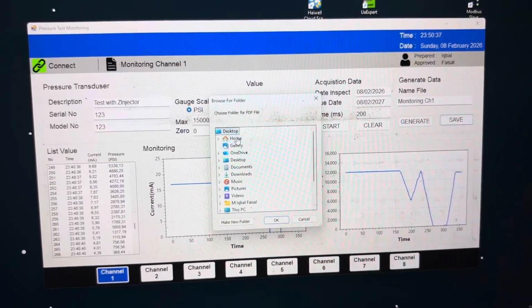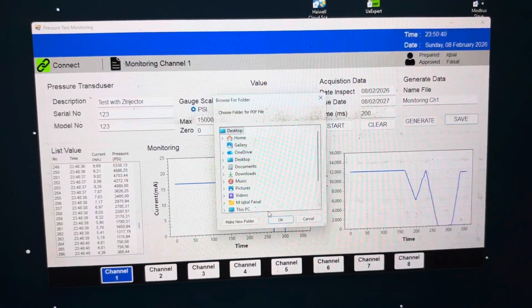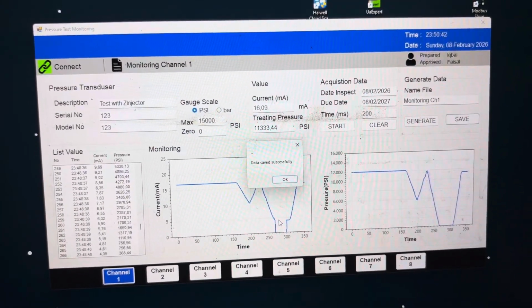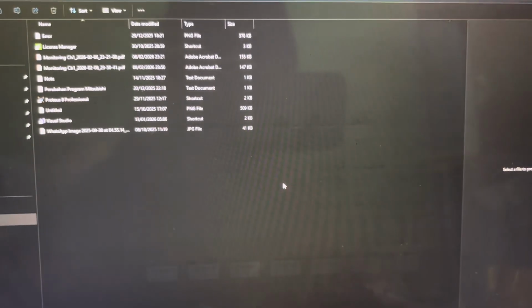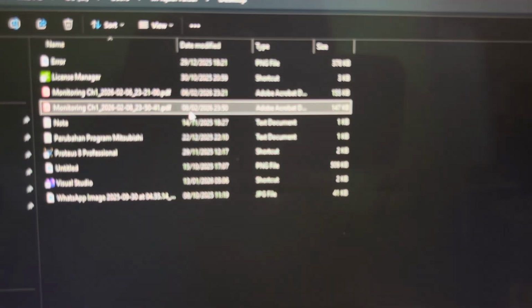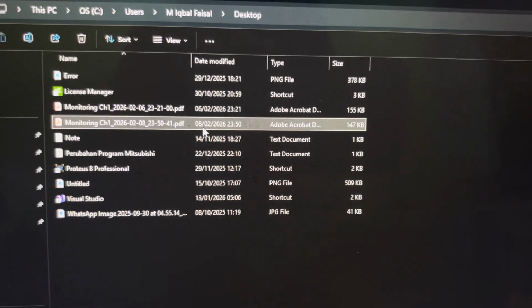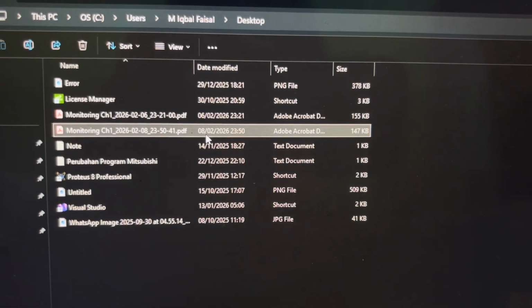I will save it on my desktop. I click OK and the data is saved successfully. After that, it pops up. This is my data generated at this date and time. I can click to open it.